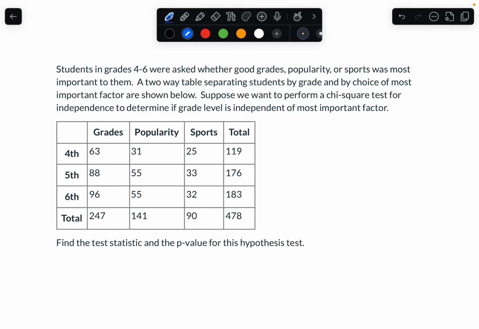We're going to continue working with the same problem that we saw in the last video. So we've got our students in grades 4 through 6, whether good grades, popularity, or sports was most important to them. And then we've got our two-way table down here with the results of that survey. In this video, we are going to look at how to calculate the test statistic and the p-value for